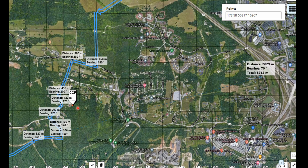There will also be a CCP located for this phase at the coordinates November Bravo 50317 16267. Phase 2 of the route ends when the platoon reaches the loop that exists on Southwood